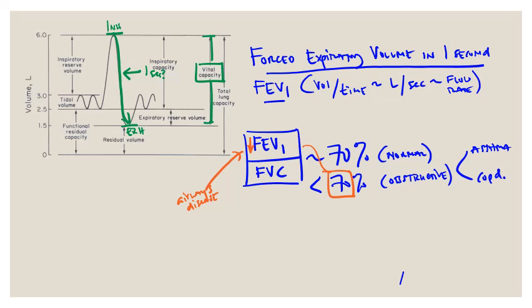In the next slide, what we'll do is we are going to visually represent this in something called a flow volume loop, which is a visual kind of illustration that can be helpful in the diagnosis of obstructive lung diseases and